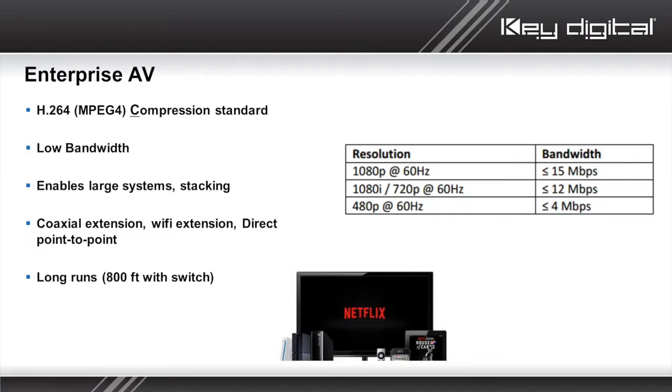Compare that with the competition that use the JPEG 2000 compression standard. That's going to give you a bandwidth of 200 to 250 megabits per second per channel. Where you see on our table, Enterprise AV H.264 results in less than 15 megabits per second per channel